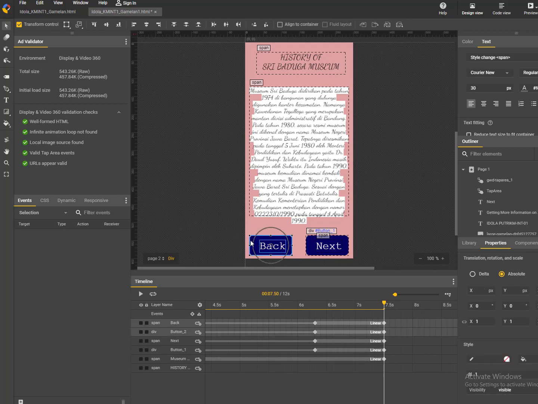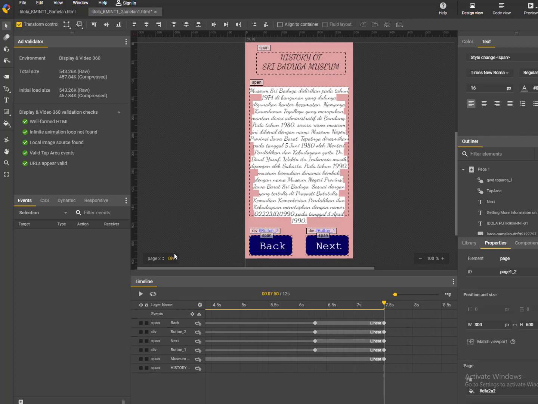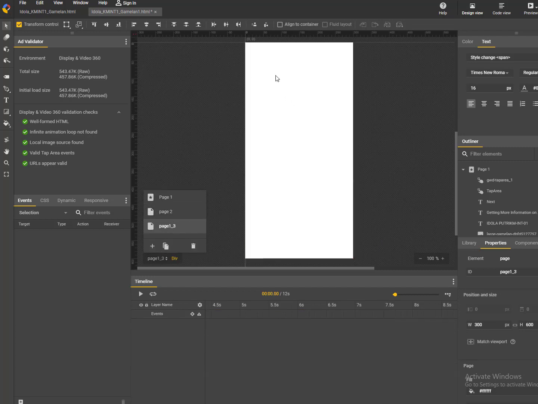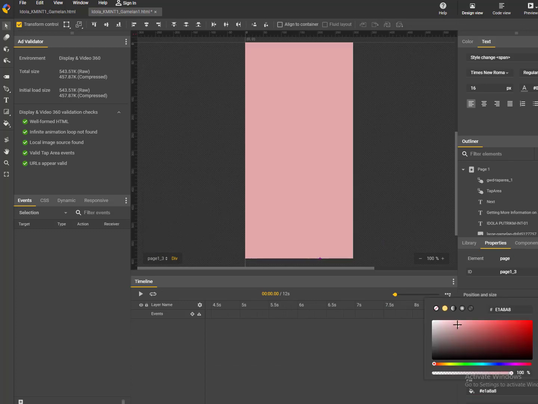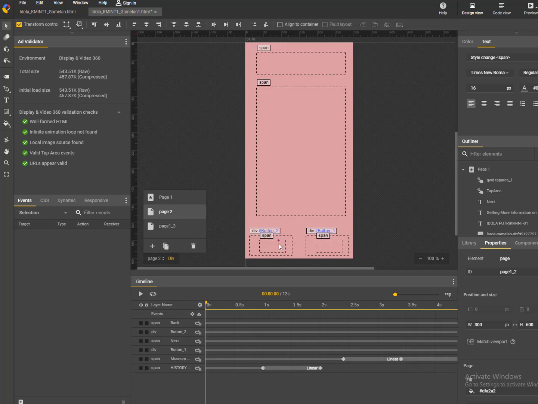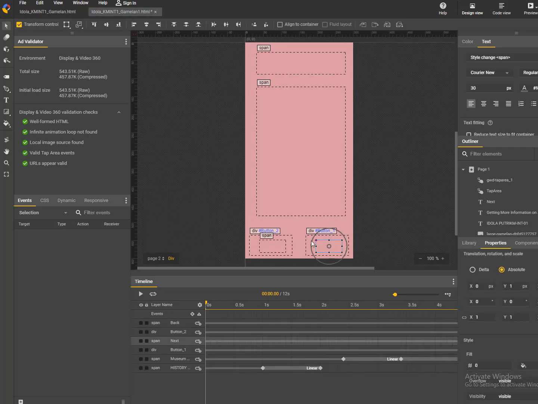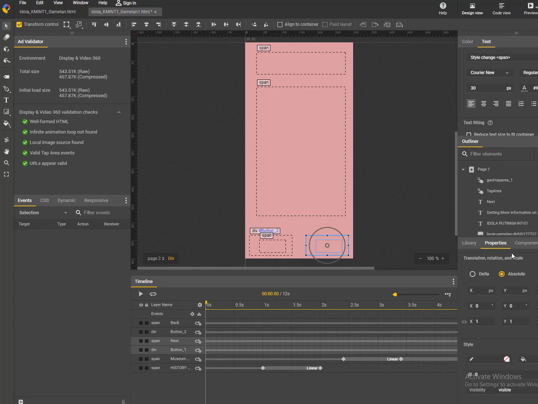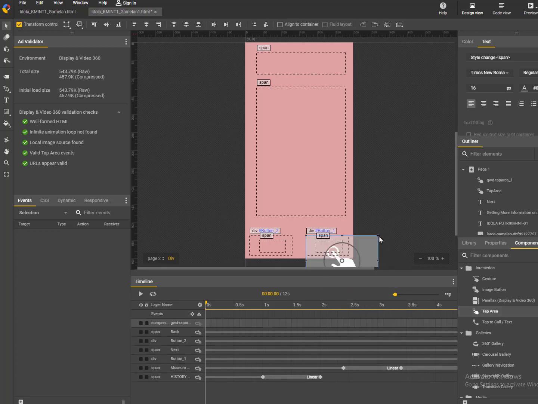For the page, you have to make the next page first. Make page 3, put it there, and change the color of the background. Then back to page 2 and put the tap area. Components, tap area, make sure the size fits your button.